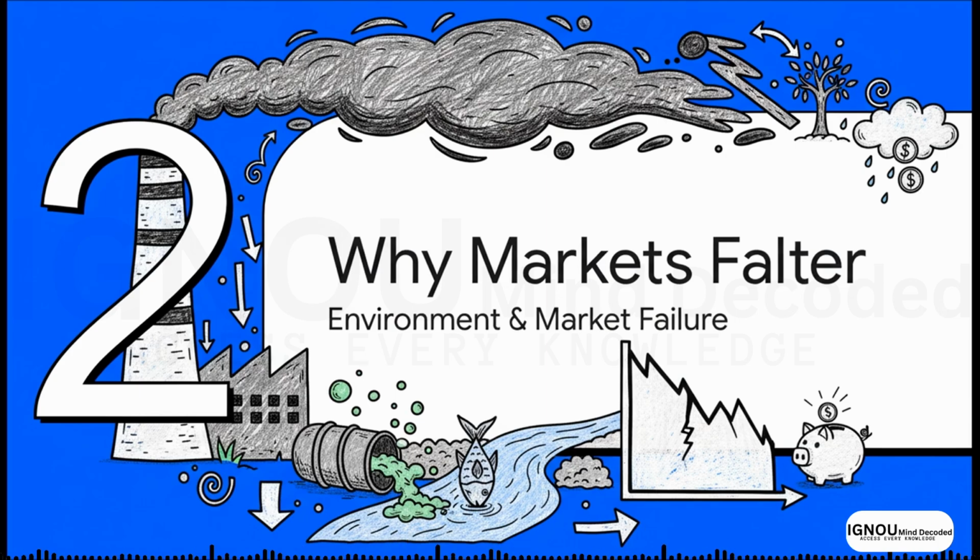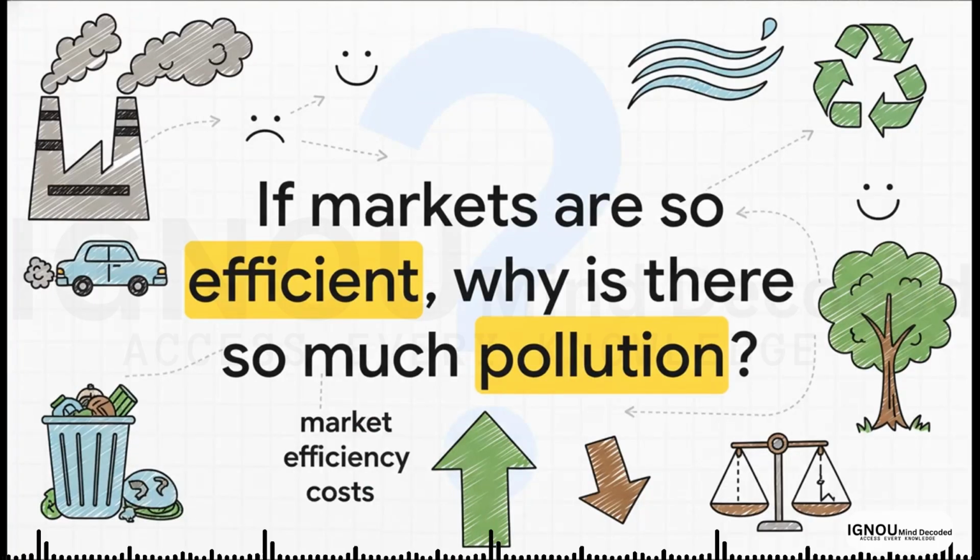We're going to see how this super efficient market system often kind of stumbles or even completely fails when we start talking about environmental issues. This is where it gets really interesting. And that brings us to a huge, crucial question. If markets are all about being efficient and avoiding waste, why are we surrounded by so much pollution? Why doesn't the market just sort it out on its own?